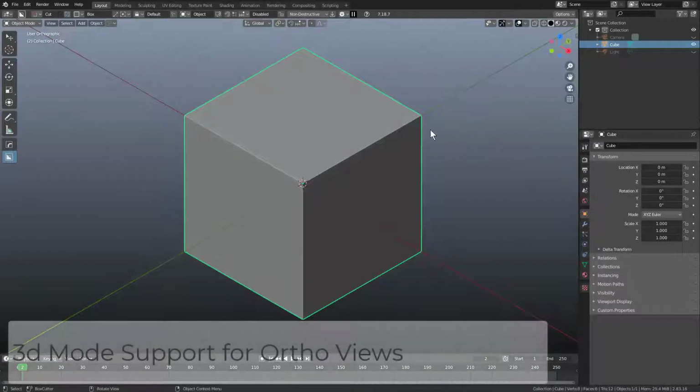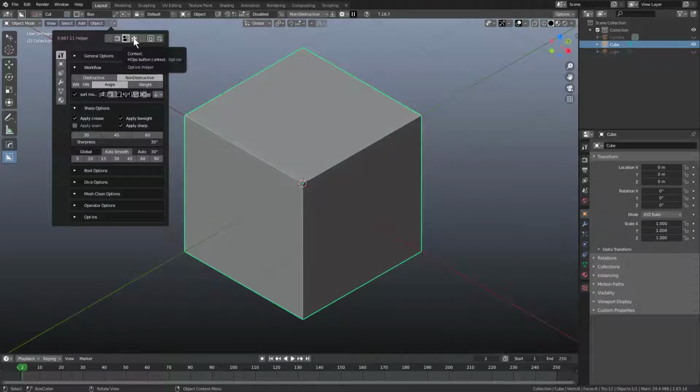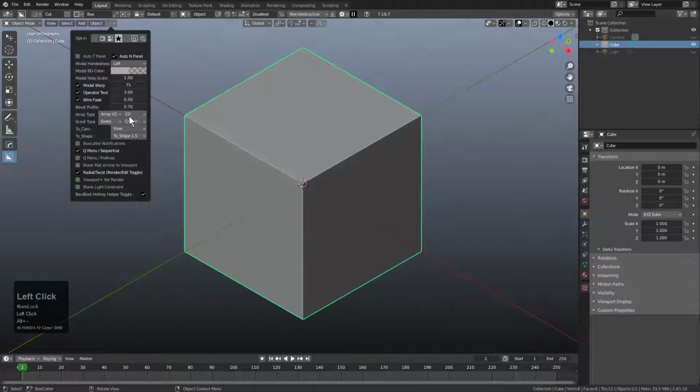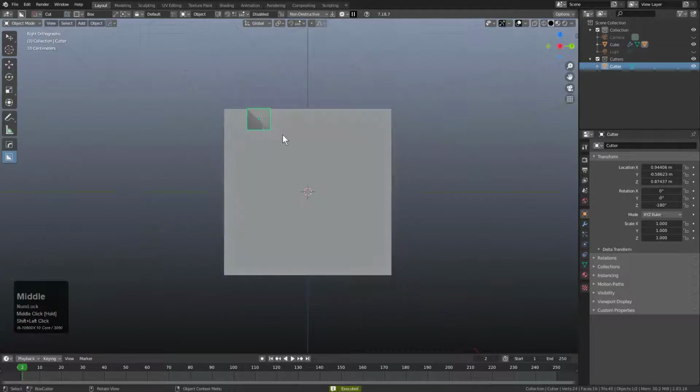So here we are using a previous HardOps in a previous version of Blender. Under the HardOps button, you can go to the drop down, and under the opt-ins, you can choose to have your Array V2 start you off in Array V2 in 3D mode. So if we were to draw a shape, shift live, and we look at it from the side, and we